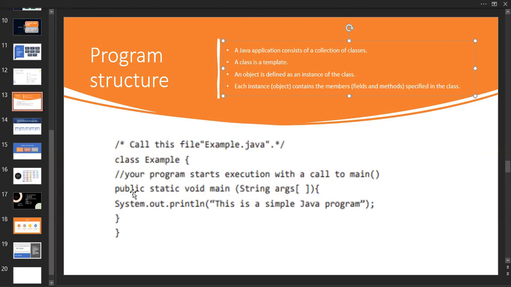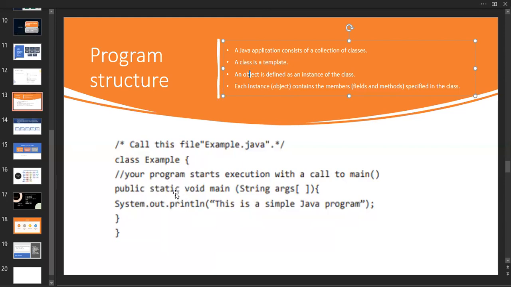Public is an access control. Static means within the class. There are two types we are going to discuss inside the program: one is static and the other is dynamic. Dynamic means at the time of runtime, we are going to provide the values. But static is already predefined; you declare it at the time of compilation only. So in that sense, we use the static keyword. There is much more to discuss about the static keyword. There is a particular topic inside your syllabus, where you will understand the complete overview of the static keyword.